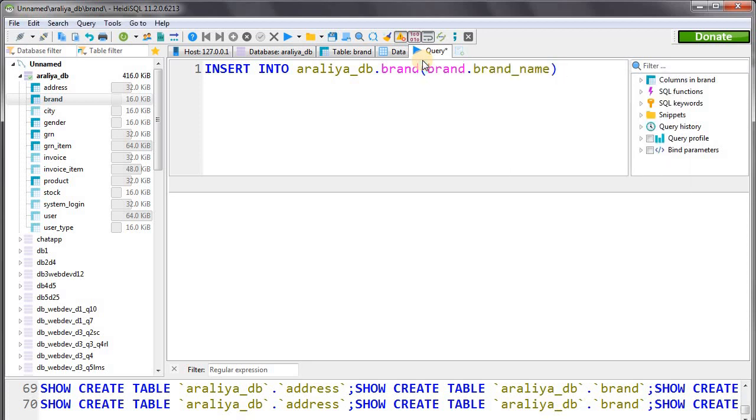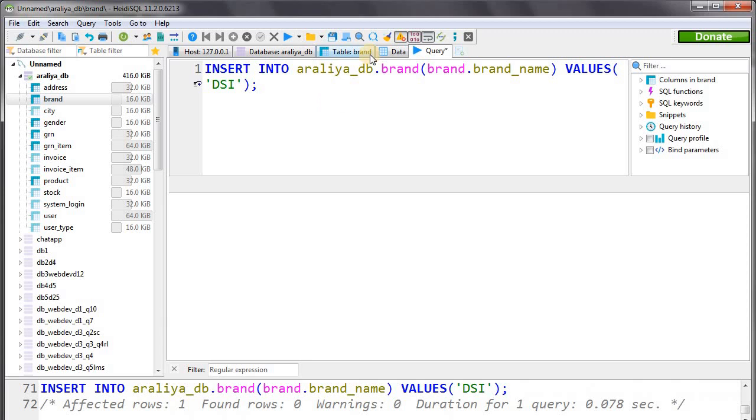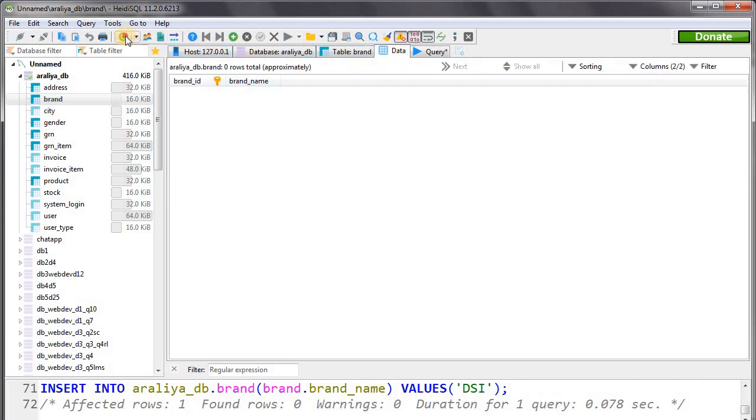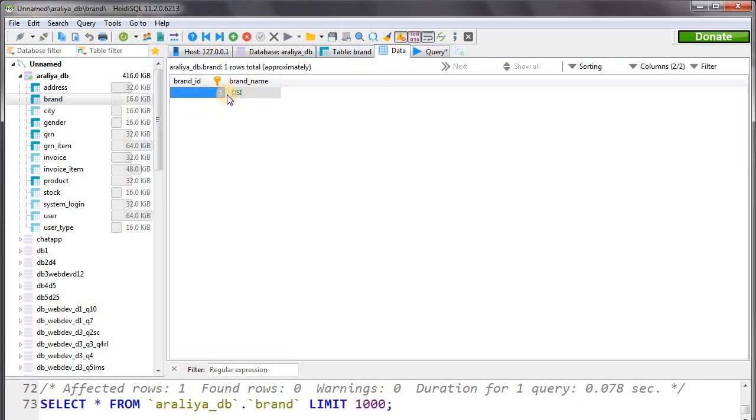Okay, values, these are the values. First one is DSI. Okay, let's execute this query and let's see whether this data enters or not. Now let's refresh the table. You can see we entered the first record to our brand table.